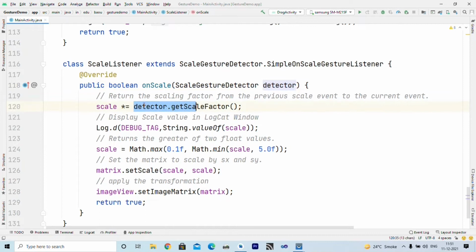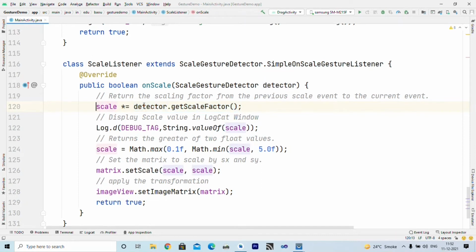How much the user has scaled, we can know using detector.getScaleFactor. This getScaleFactor returns the scaling factor from the previous scale event to the current event. If you expand your fingers larger, then this scale factor is large. If you shrink your fingers, the scale factor is reduced. So based on the gesture we get the scale factor, right?